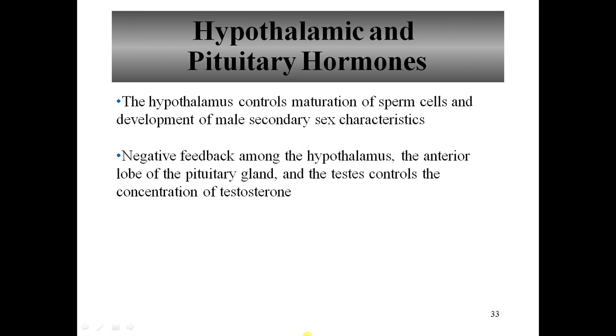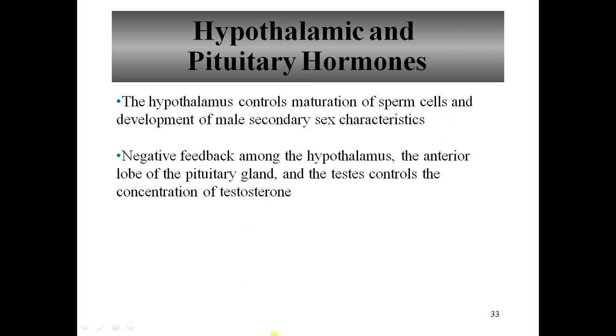When you are going to discuss the endocrine system, it is very important to know ICSH and FSH. So why is it important? FSH stimulates the sustentacular cells of the seminiferous tubule to proliferate, grow, mature and respond to the effect of testosterone. The presence of FSH and testosterone causes the spermatogenic cells to undergo spermatogenesis. So for the process of spermatogenesis, FSH plays a very important role. Inhibin is secreted by sustentacular cells and functions to inhibit the anterior pituitary.